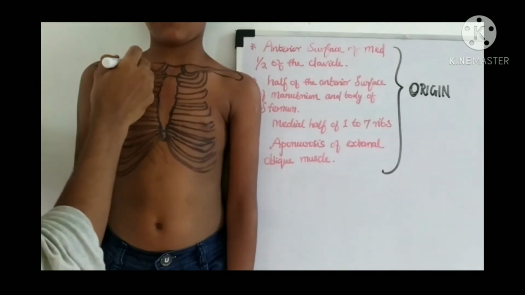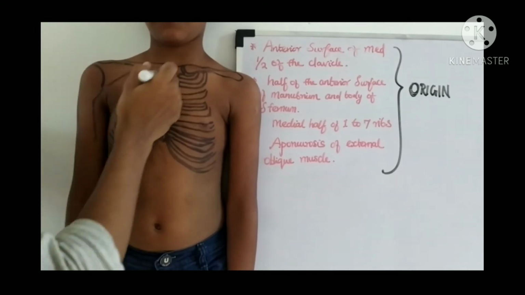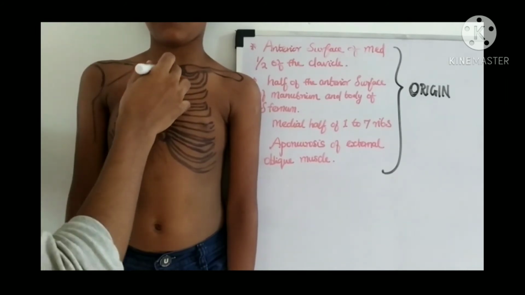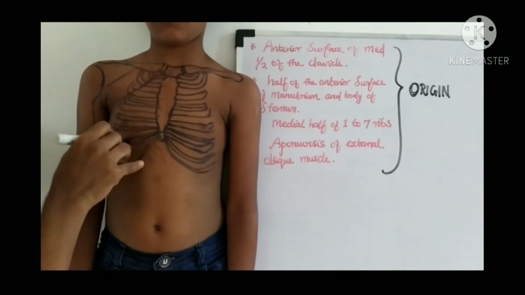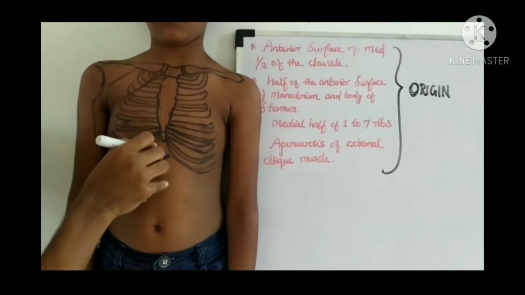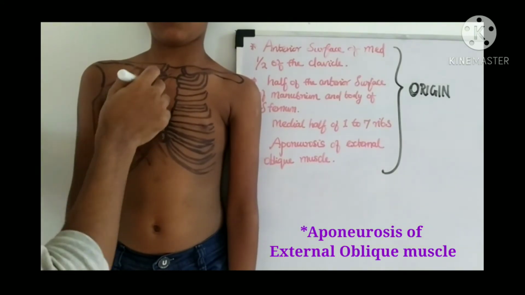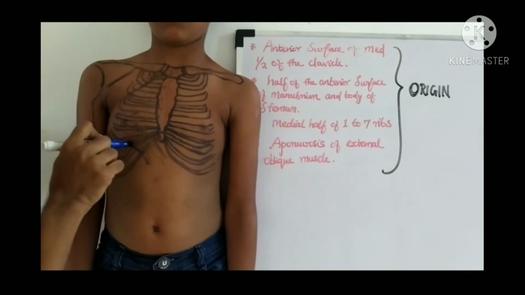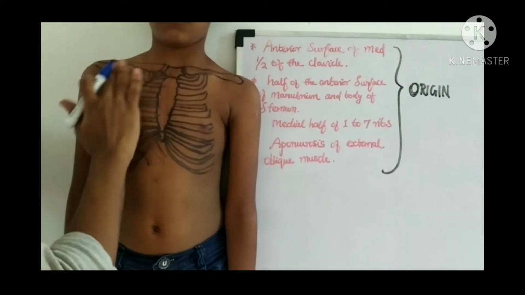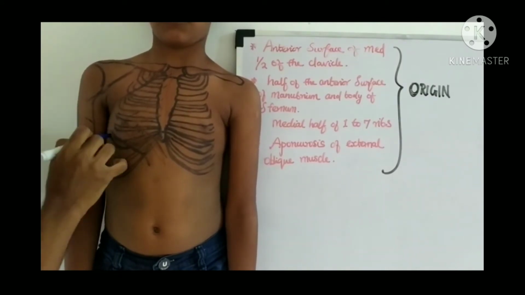So the muscle will be from the clavicle, these are the clavicular fibers, and from the manubrium and the sternum, from all these here. Okay, and from the aponeurosis, and also from the medial ribs. So the muscle will be like this. Here you will be having the muscle, and it's getting inserted here in the,